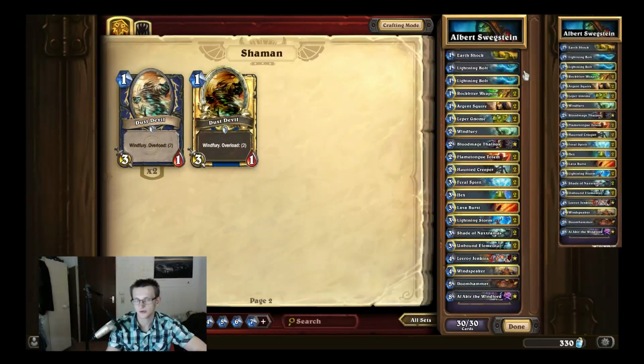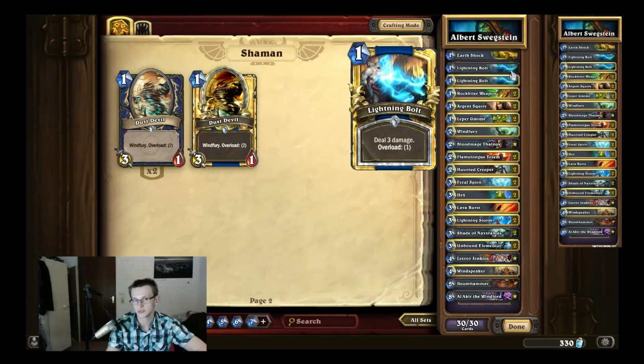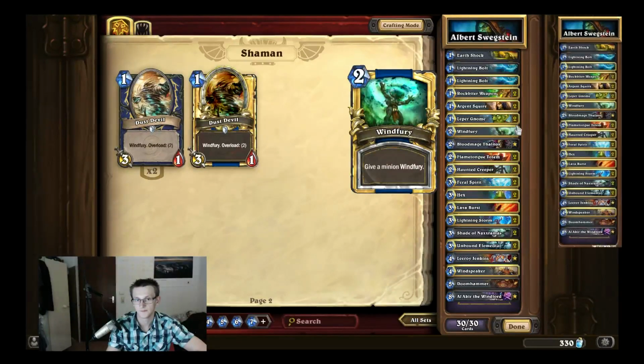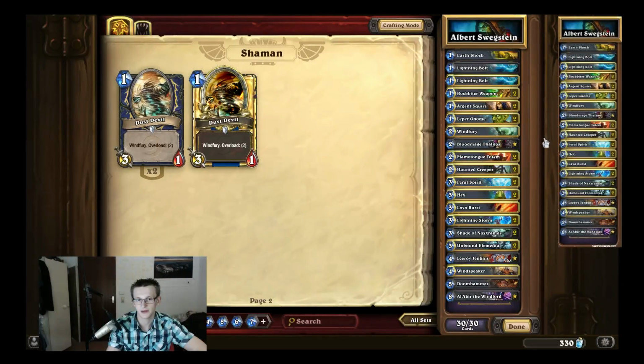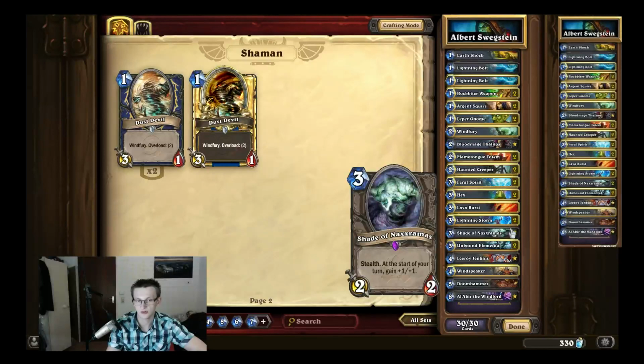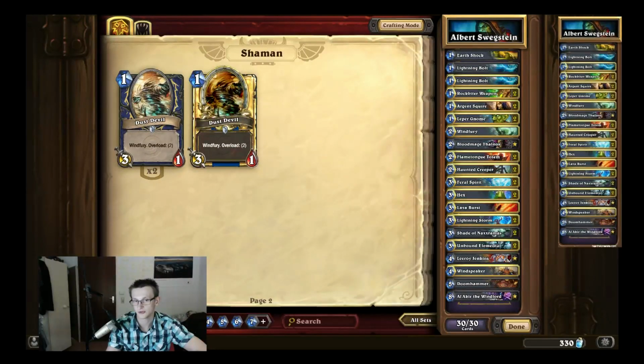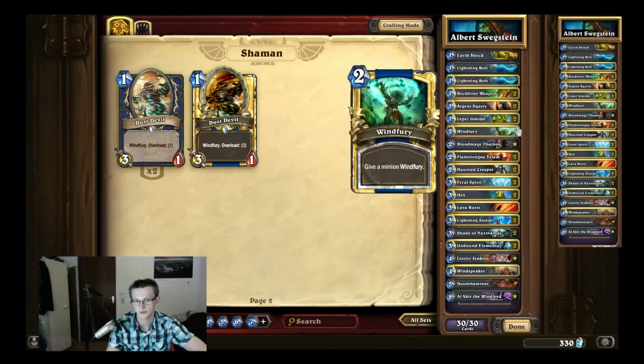Double Lightning Bolt, burst damage card, very nice. Sometimes you use it for clearing the board. The Rock Biter weapon, probably the most important card in this deck. It can be comboed with the Wind Fury, and you can make some crazy combos happen with the Shade of Naxxramas or the Wind Fury Leroy with the Flame Tongue Totem, and you have so much OTK potential with this